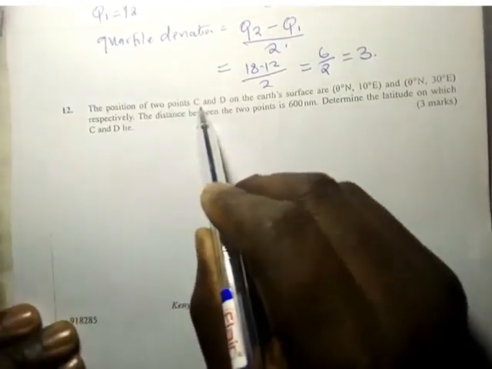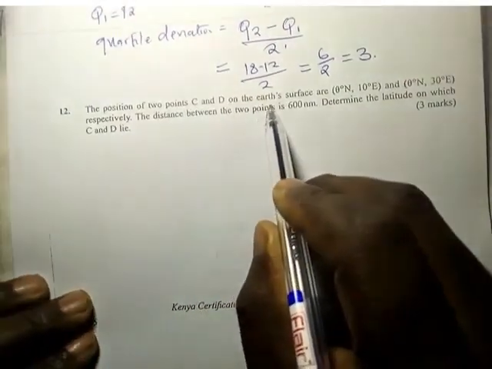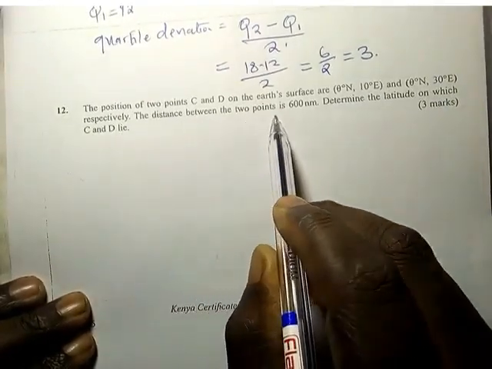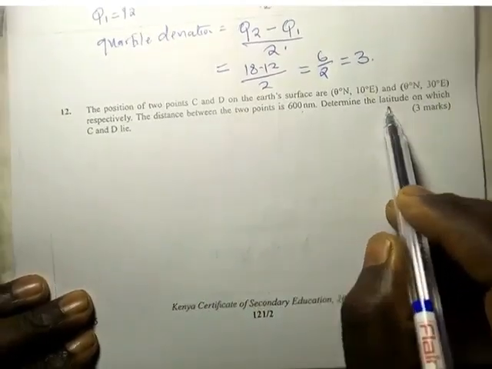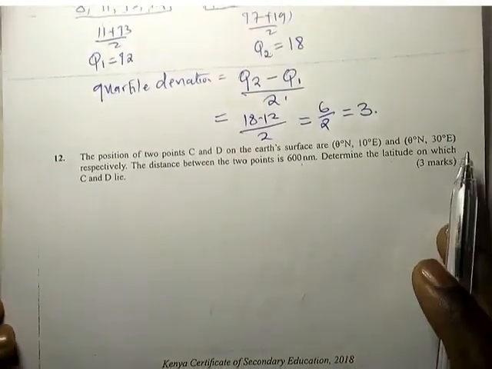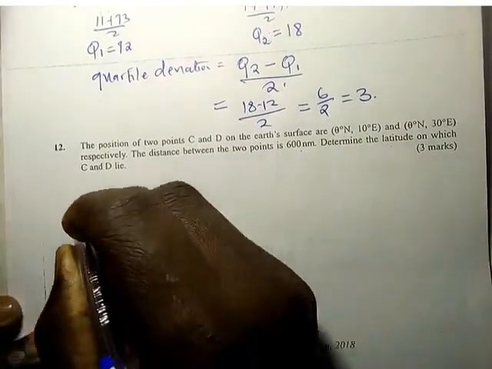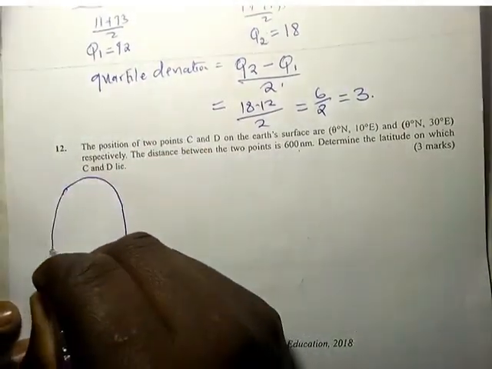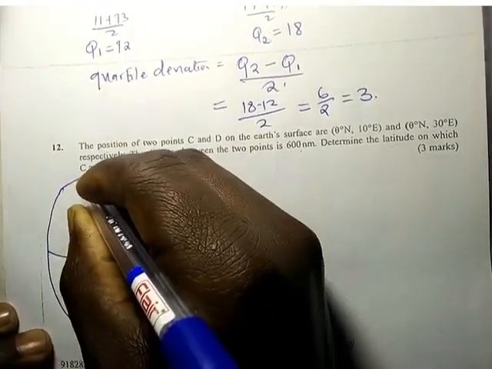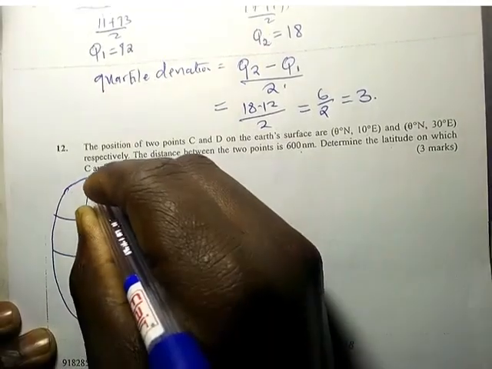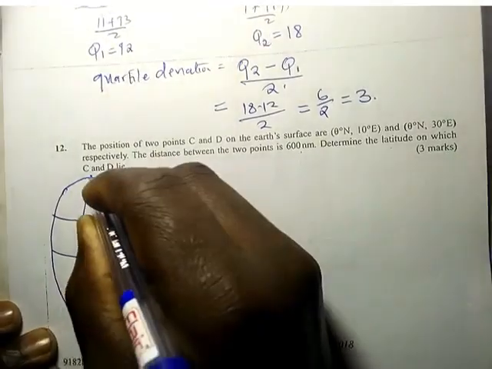Position of 2 points C and D on the earth's surface are this. Respectively, the distance between the two is this. Determine the latitude on which C and D lie. First, let us sketch this. So these points are on